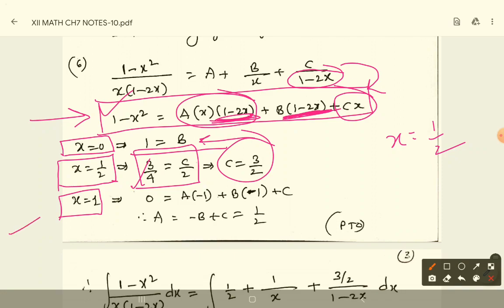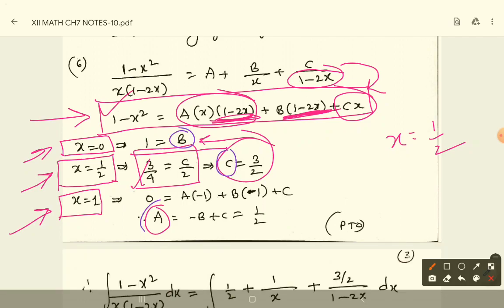to 1, I can take any value, third value I can take any value, because nullifying will not be happening. So only when x is equal to 0 and when x is equal to 1 by 2, then only nullifying will happen. That means one of the factors will become 0. When that is over, one more value is left for me to find out, that is capital A, because b and c I got, the b and c values, right?